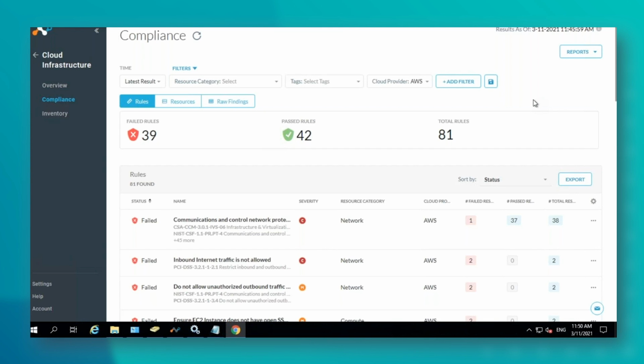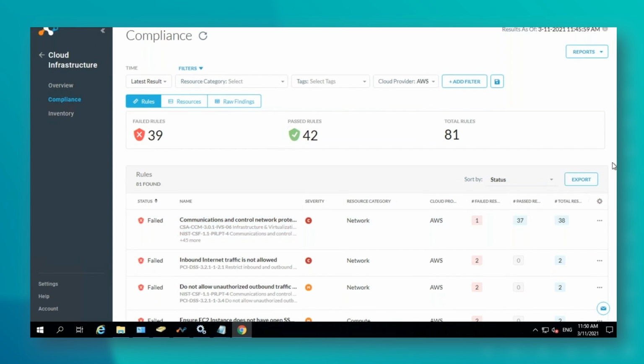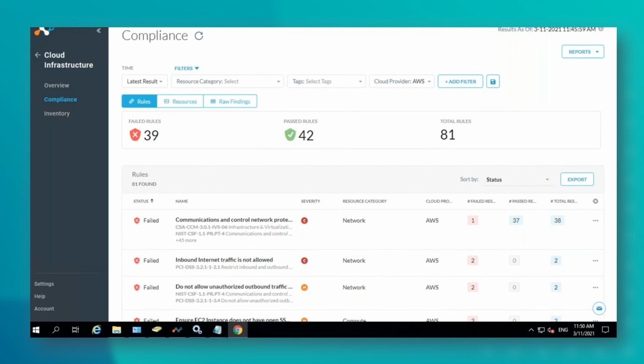And you can see that I'm failing on 39 of them. And all I've done is hit next, next, next when I've been building the VMs. Just using the straightforward wizards in each of these cloud instances, I am breaching all manner of compliance and so on. Now we can go a step further than that.